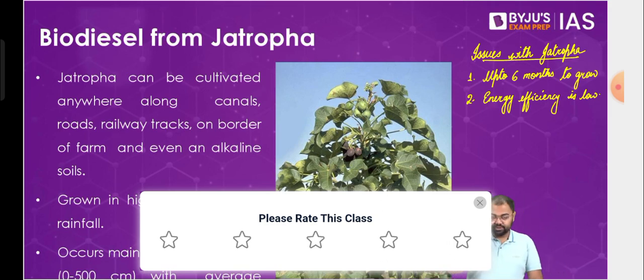So overall, what we see is that the government of India has also added it in the policy as an additional source, but it is not being looked upon as a primary source, which was the case almost 20 years back, when we wanted to solve the problems through Jatropha, and we thought that Jatropha would completely change the landscape of energy, especially with regards to diesel. That did not really happen. Right? That did not really happen. So that was the basic issue that we had with Jatropha.